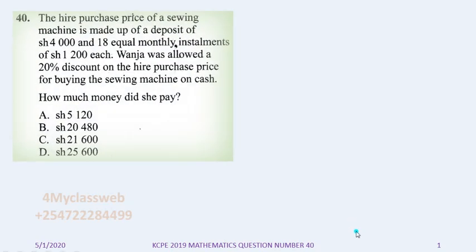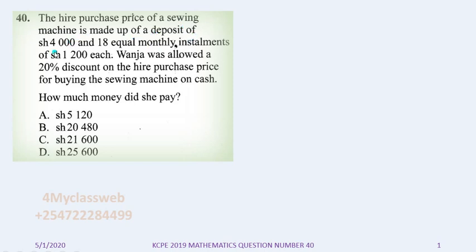Let me welcome you back again to yet another lesson. For this lesson, I'll be referring to a question that was tested in one of the past years. Now, this question is coming from the topic on money. And as I may read, you are told that the hire purchase price of a sewing machine is made up